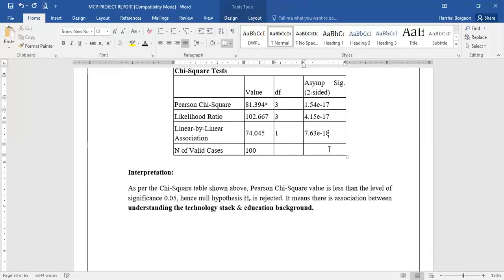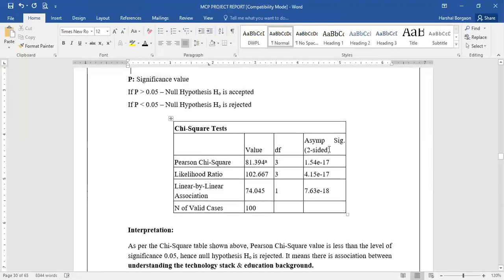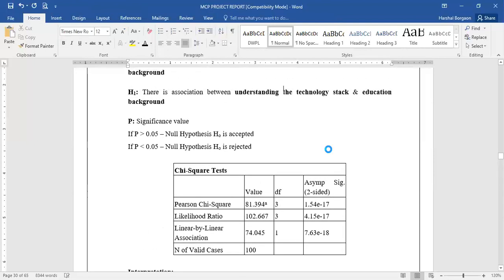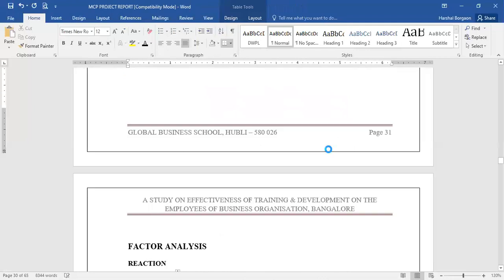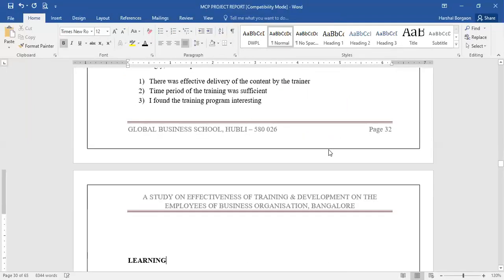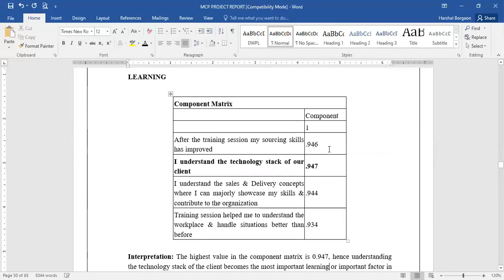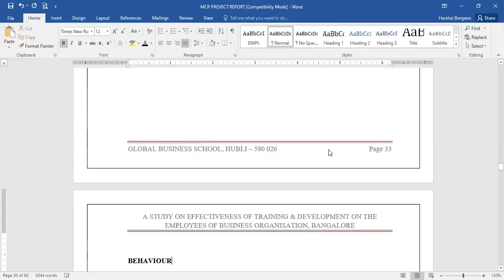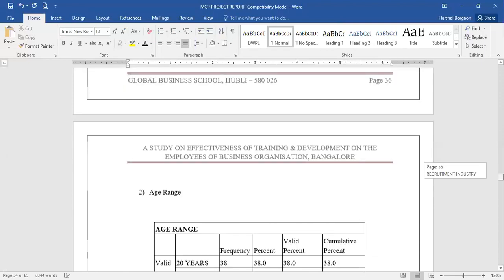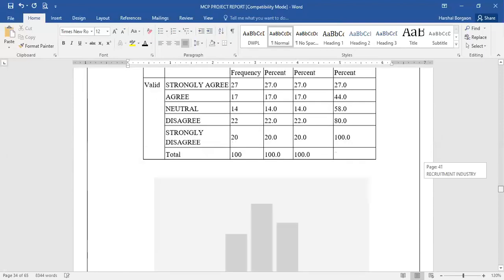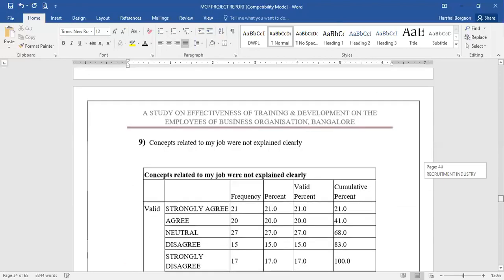It is quite relevant, and it talks about what hypothesis has been set, and based on the hypothesis, this test is being conducted. There are several tests, and there are several studies which have been done by him. We'll not get into each of them, but interpretation has to be mentioned then and there, as and when the table is there. You need to make a mention of the interpretation. Before we move forward,